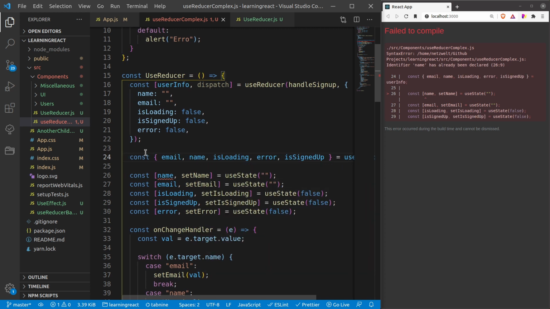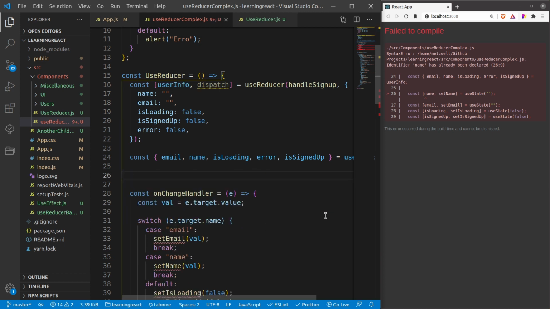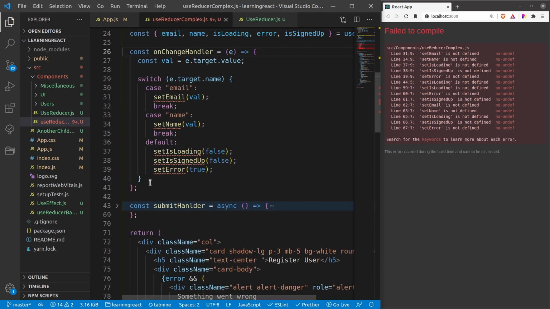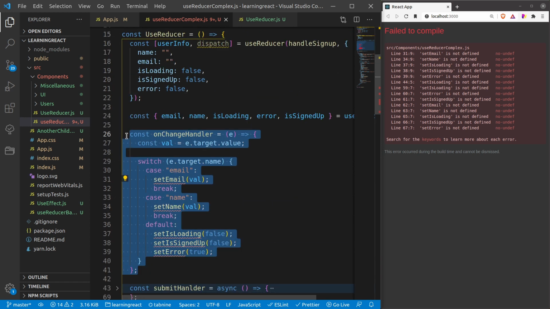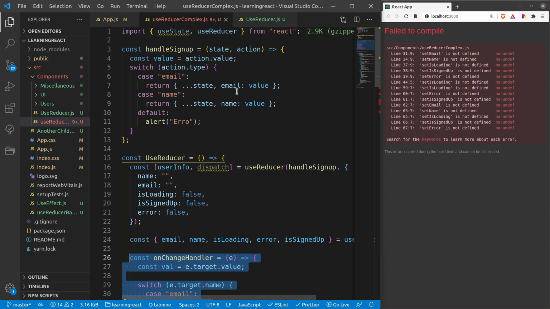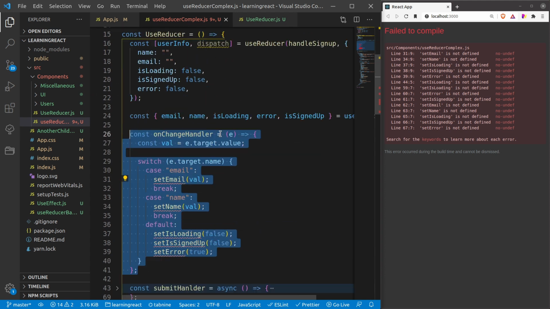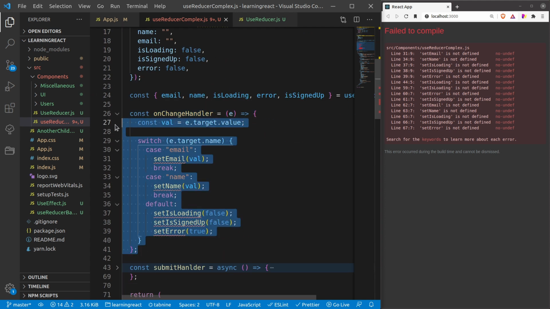Okay, this is the most basic thing I have done. I have just used destructuring to get all my access to this state object. Let me also remove this to make my code a bit simpler, and let me also remove this onChange handler, because now all this onChange handling logic is being handled by my handle signup reducer. So let me remove this method also.